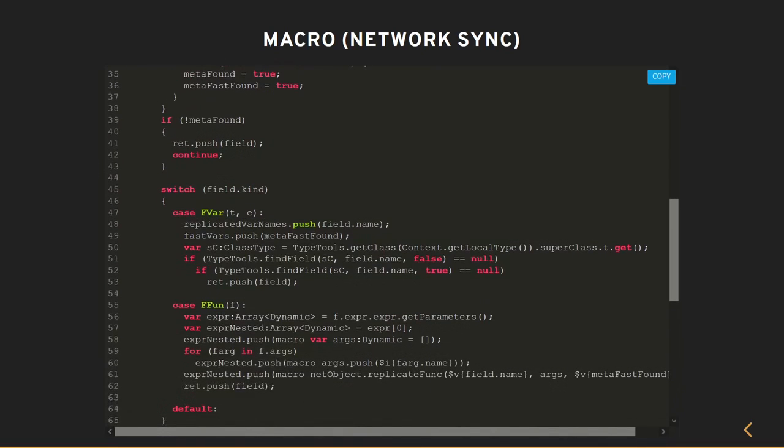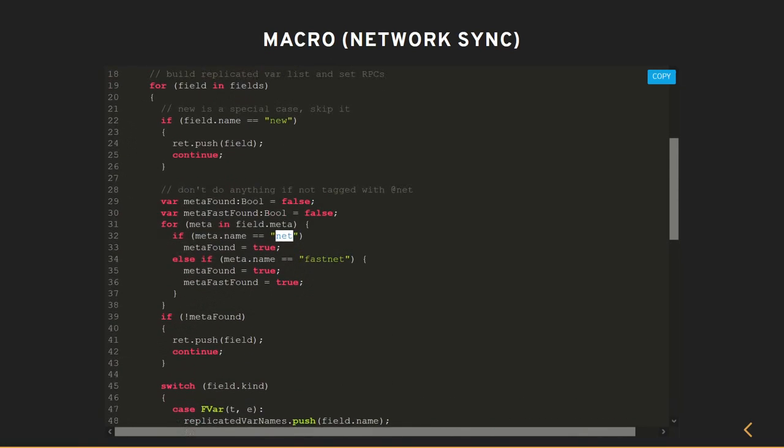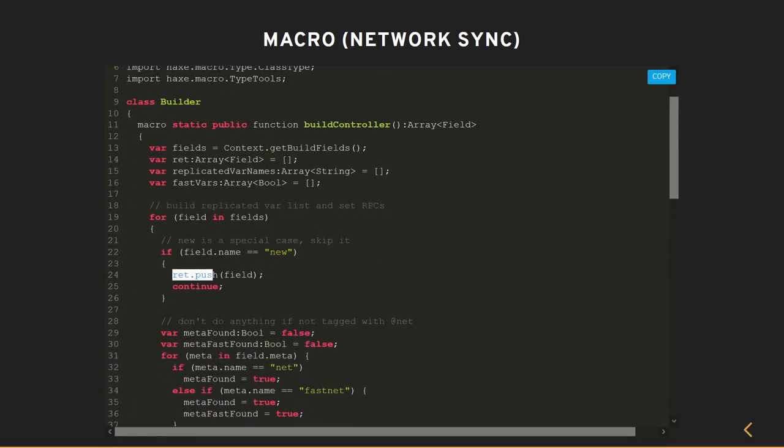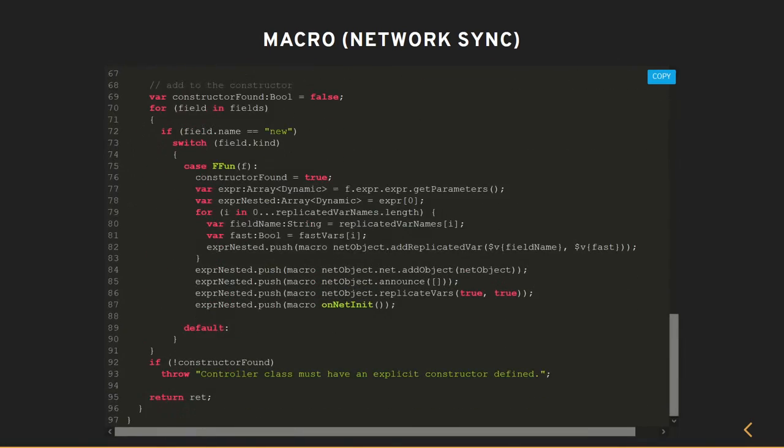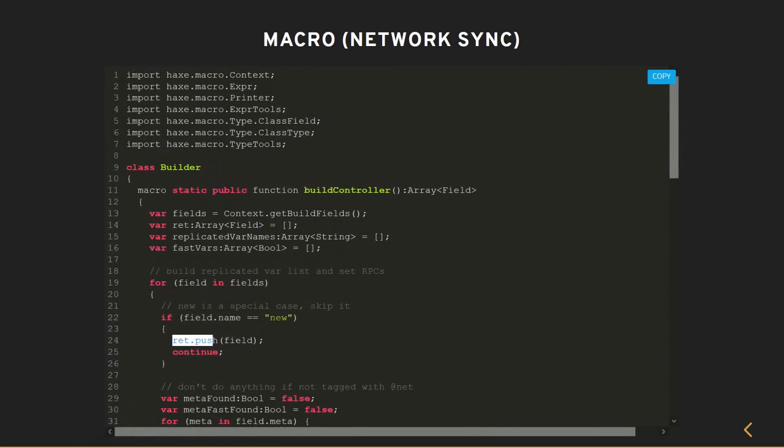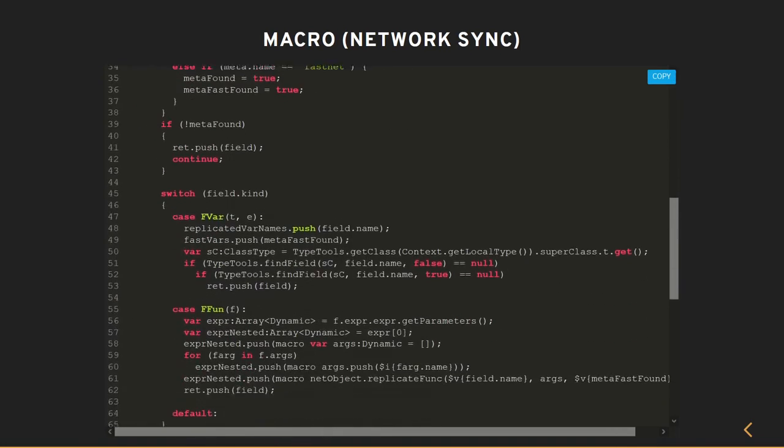If we didn't find either, then ret.push field. ret is just an array of fields, and this is our new abstract syntax tree that we're going to return at the very end of the function. So we're getting the old abstract syntax tree, doing whatever we want with it, and returning a new one. So super powerful, as we'll see.